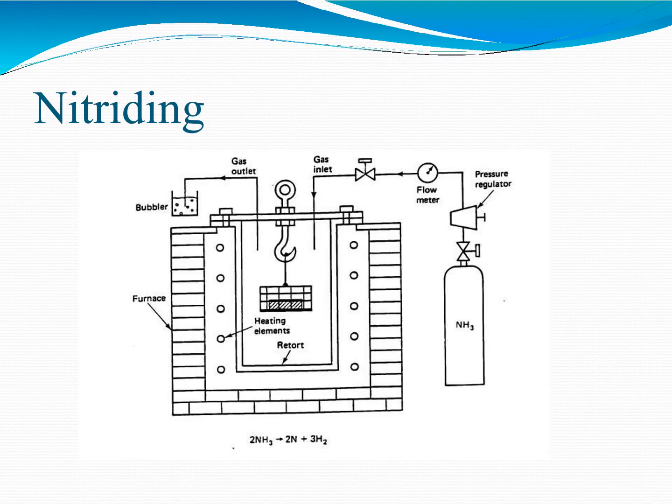So this is a nitriding process in which NH3 gas is used. There is a furnace, a retort, the gas inlet, and the gas outlet. So this is a steel which is being heated, and after that it is hardened. Once it has been hardened, the hydrogen and nitrogen in these gases decompose.